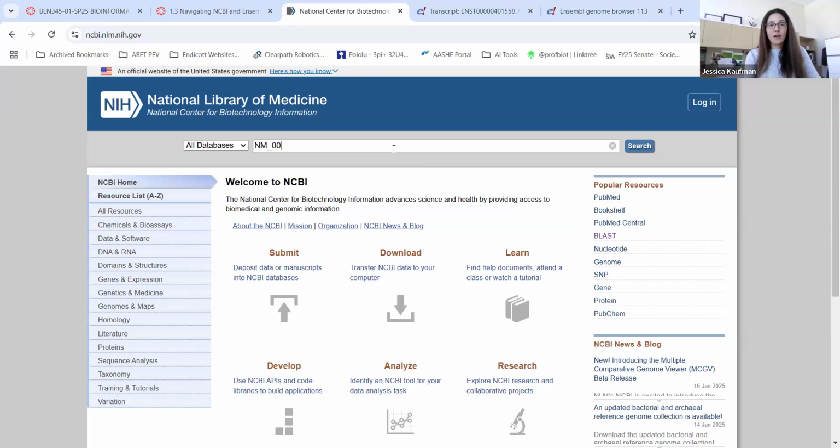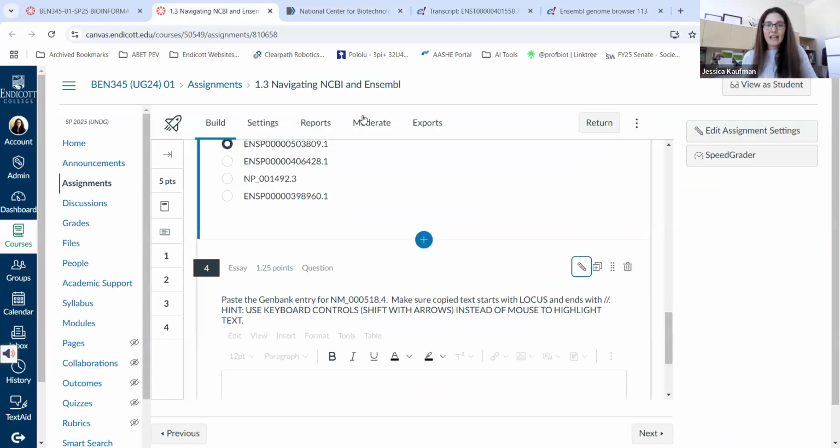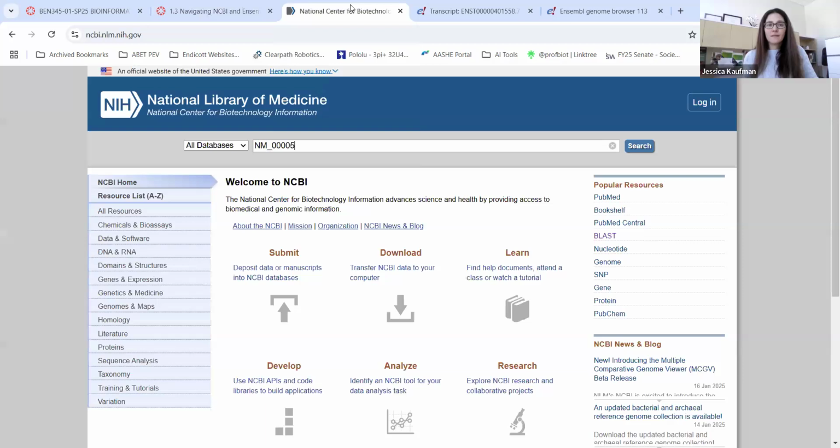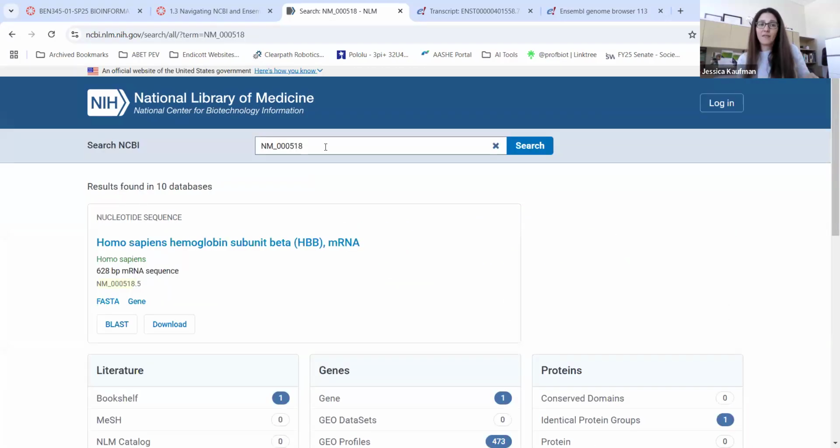NM underscore 0000518 3, leaving zeros 518. And I can include the version number .4, but I just want to show you what happens if I don't include that. So if I don't include .4, it will come up with the most recent version of that file. And that is totally fine to use. So if I click on this